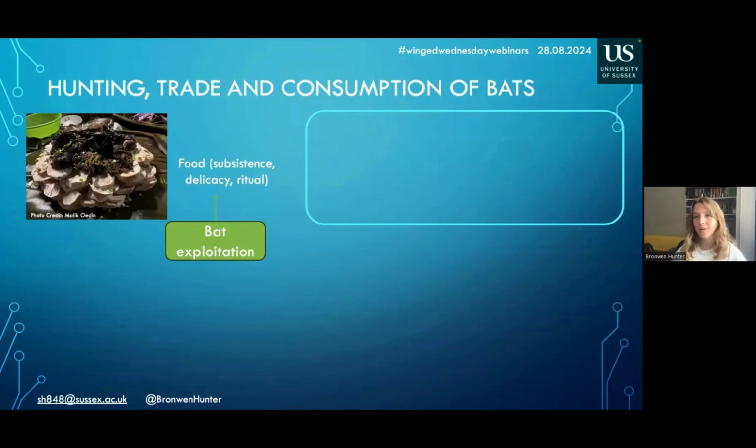So primarily, bats are used in many places as food. They may be consumed as a delicacy, or in some cases are consumed where other sources of protein are unavailable, or also for ritual purposes.